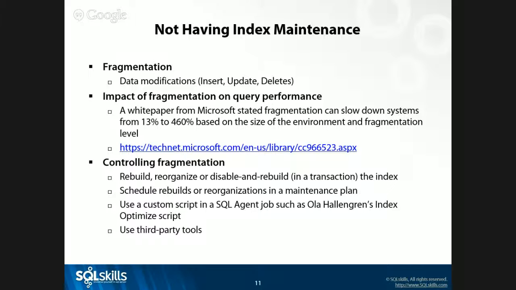There are a lot of third-party tools. You can go spend as much money as you want to have a nice dashboard and GUI to manage your indexes and see charts and graphs. If you're made of money, those are great because you can print some of those reports and give them to executives, because they like this stuff with charts and graphs and colors. If you just want something that works, and it's free and it's supported and the whole industry utilizes it, again, Ola Hallengren's maintenance scripts just work.